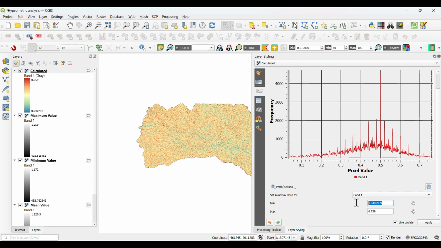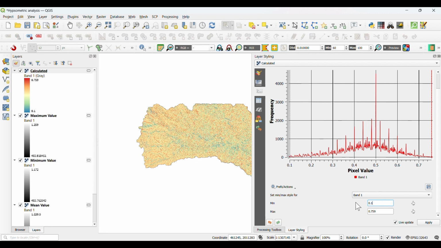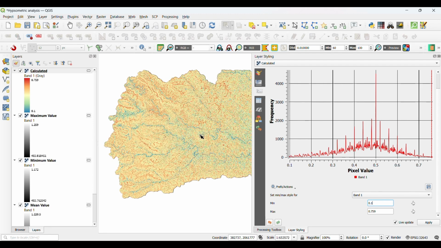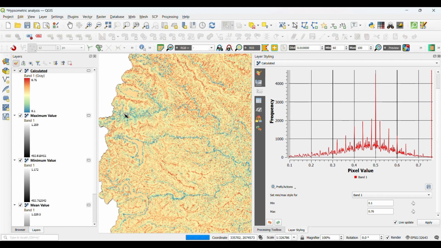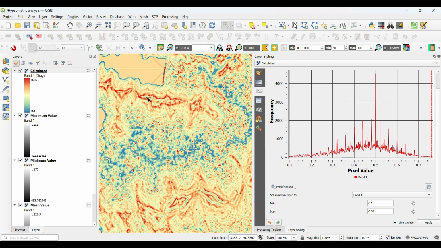And here I'm going to use 0.1 to 0.75 or 0.76. Okay, so this is how our HI distribution maps can be prepared,